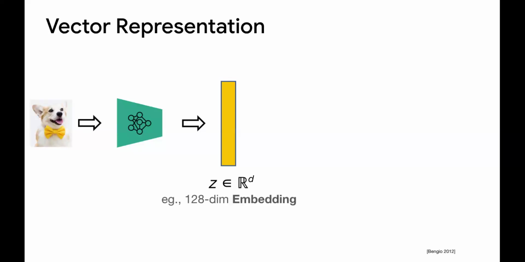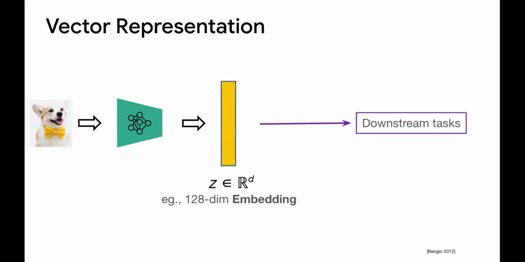You used to take this embedding and do a lot of downstream tasks. We used to freeze this network and say that this embedding has a lot of information about this data point, which is a dog, and I'm going to build my systems on top of it. It could be segmentation systems, detection systems, search, or classification, anything.